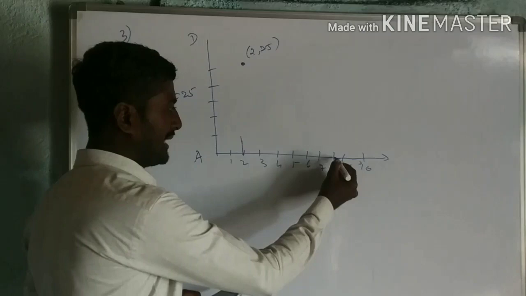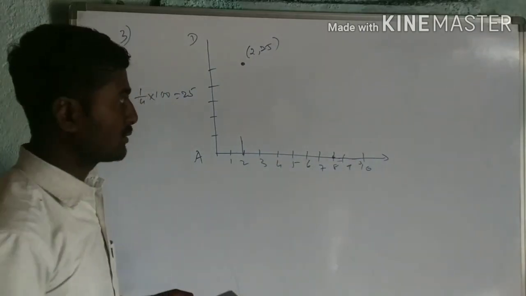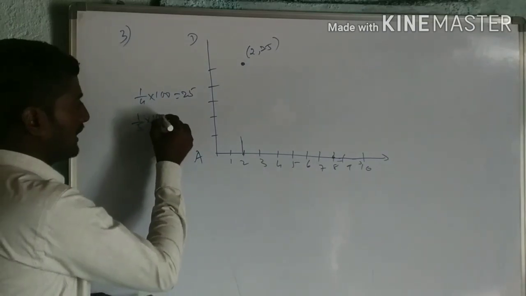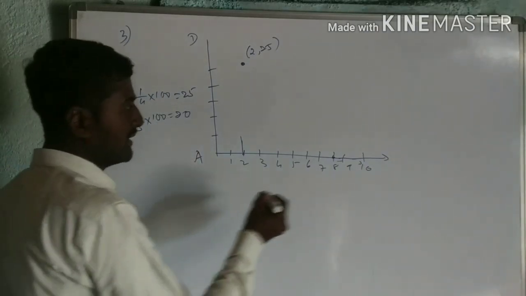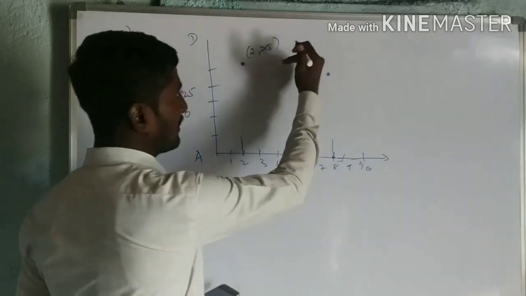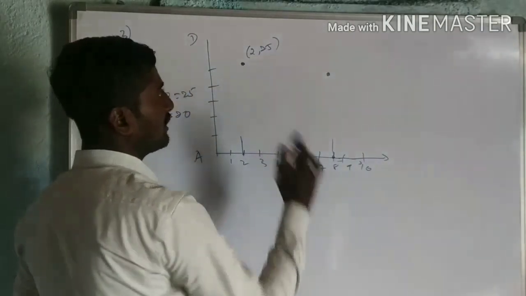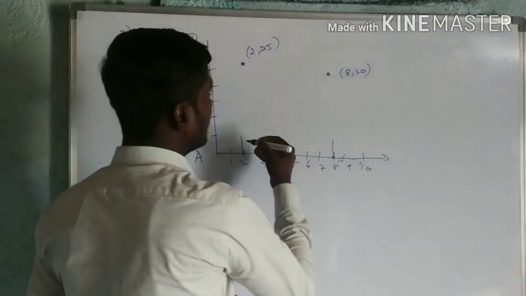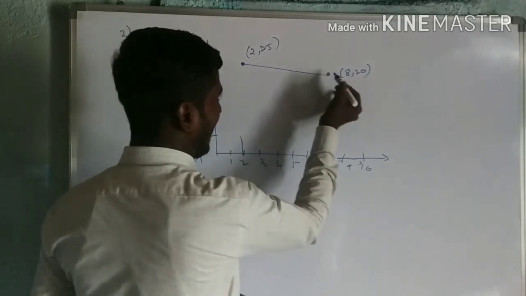Now another girl from the 8th line, that is Preeti. She is going to cover a distance of 1/5 of AD. 1/5 of AD, that is how much? 20 units. So here I will take it. It must be below this position. So this is how much? 8, 20. So these two flags.